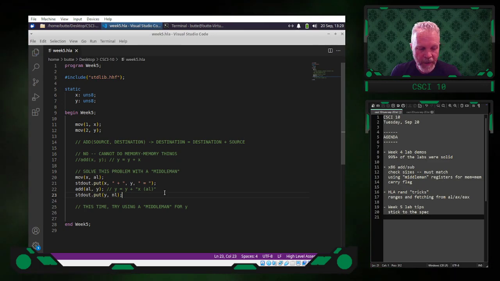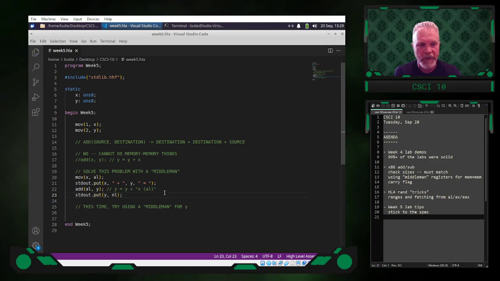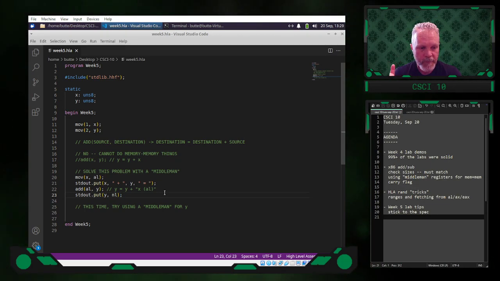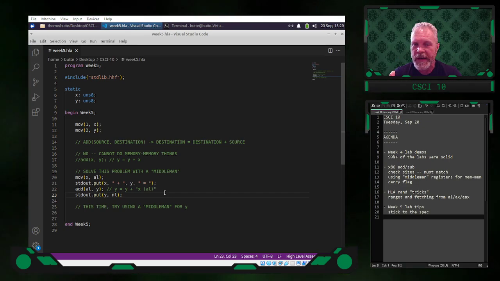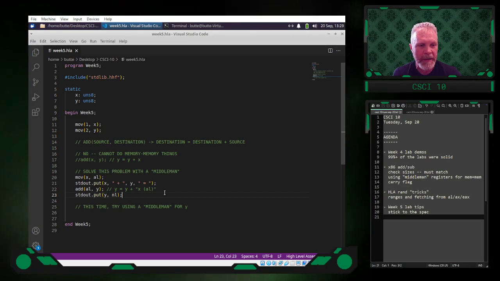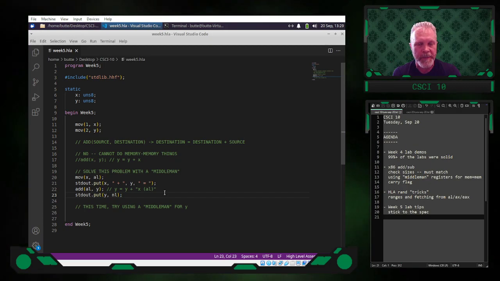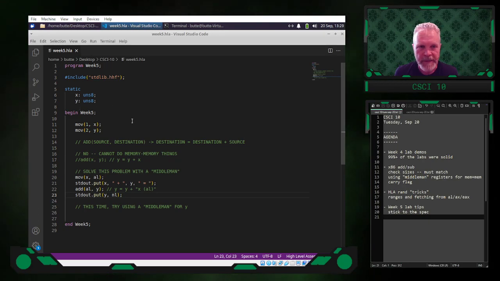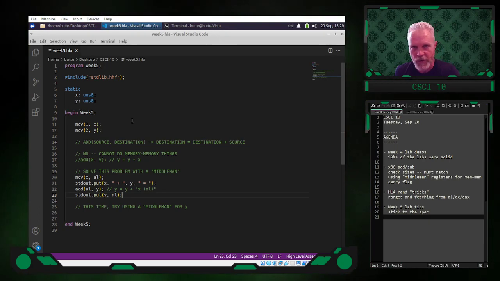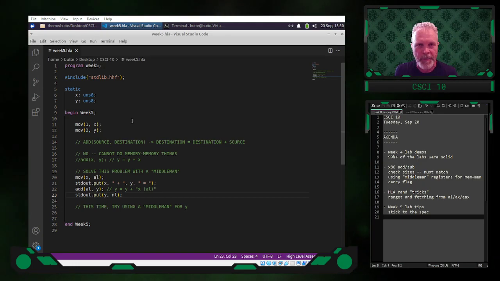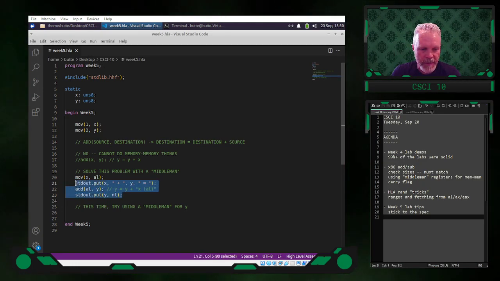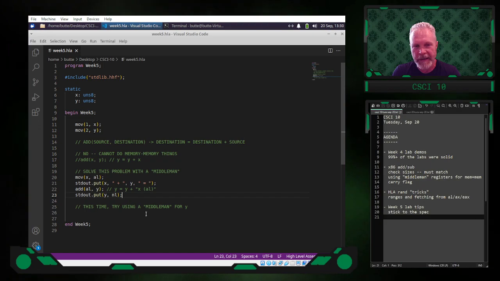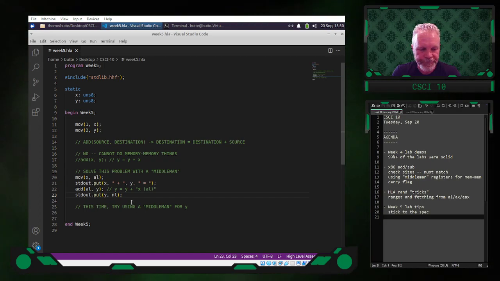So no, it's a good question and a good point, Druid, because if you're making real software, sometimes you will use more memory because you can make your code read and be maintained more easily, and that's a very good trade-off, in my opinion, is to consider adding an additional variable or two so that when you're reading your code, it is way cleaned up and you don't have this kind of weirdness going on. But yeah, in this case, I'm purposely making it painful so that we can kind of explore